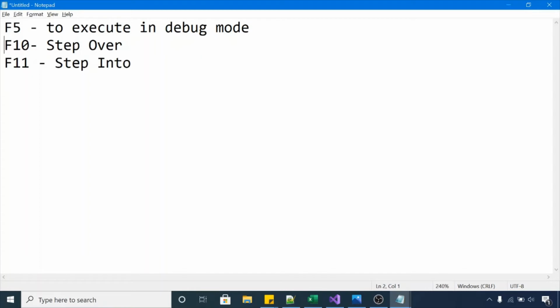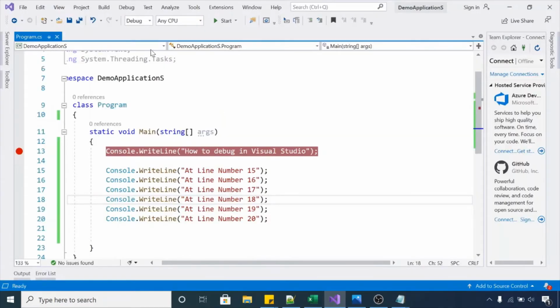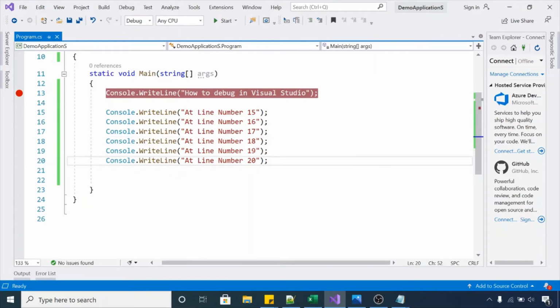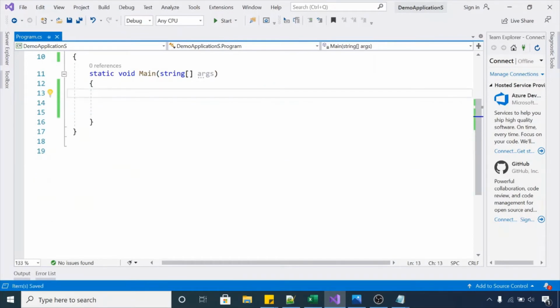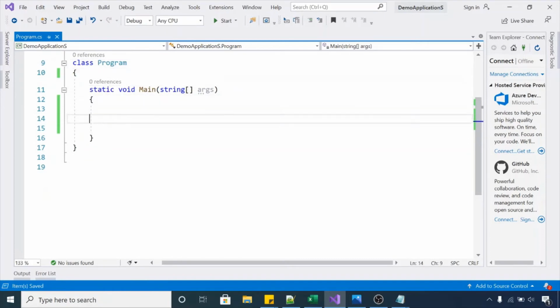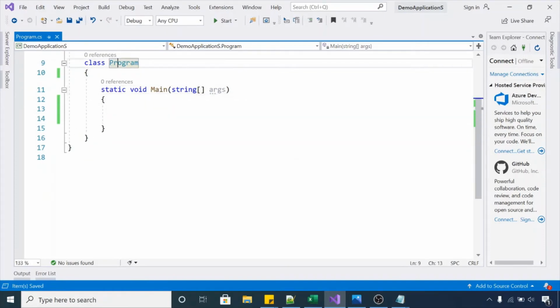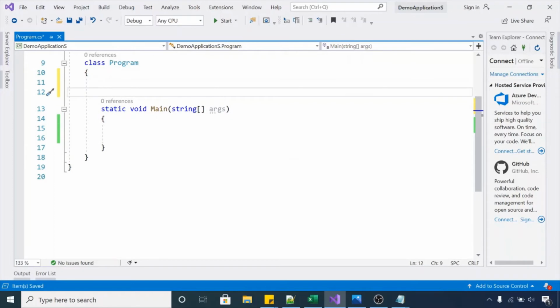To understand the difference between F10 and F11, I have to create one method, or you can say function, in our Visual Studio. So we will just remove these console.write commands and I will create an add two numbers method in our class.